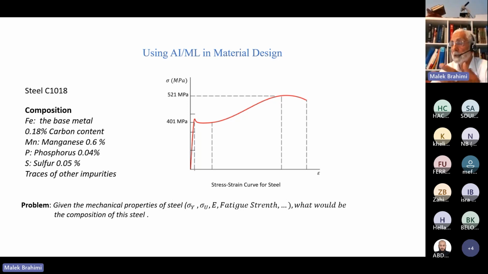Actually, in the lab you can perform just a few experiments. Any experiment, for example this test, takes at least 1 hour, in my experience. If you want to do a good tension test, assume that you're going to spend one hour to prepare the specimen, put it in the machine, apply load, plot the graph, and get the data. It's a sequence. Even when everything is digitized, it takes 1 hour.